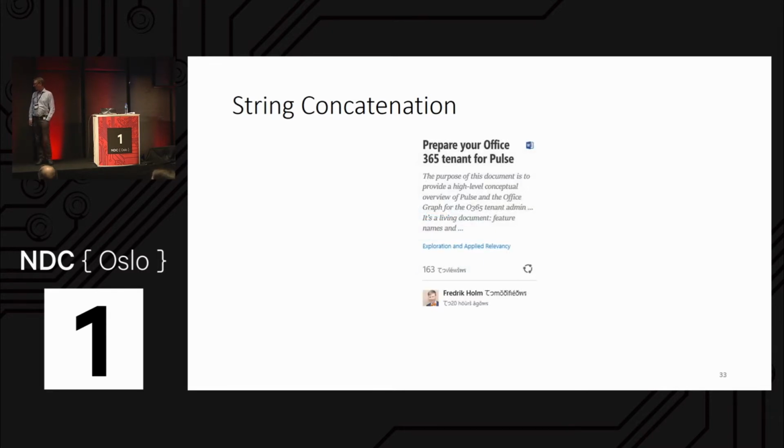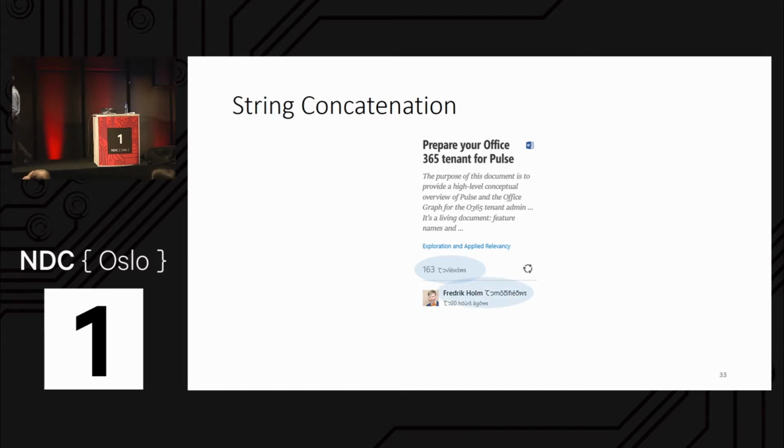Here is a similar one. You can see that the number 163 should have been formatted inside the string if we had a placeholder, and we don't have a placeholder. In this case, it's because the number has a different text size.